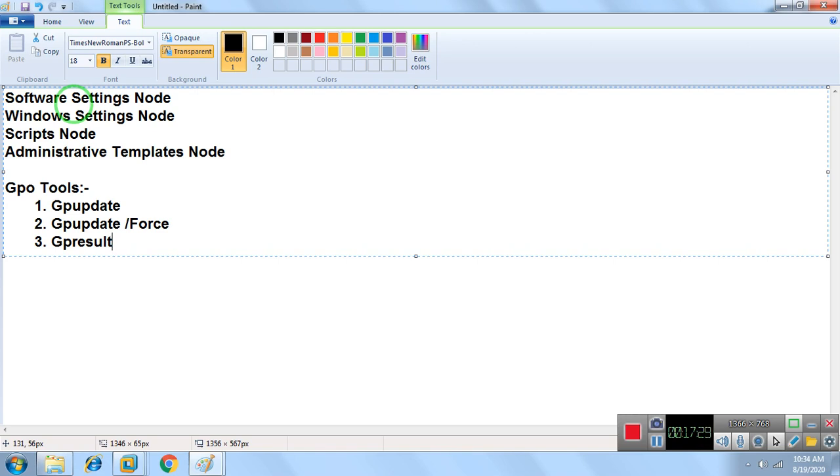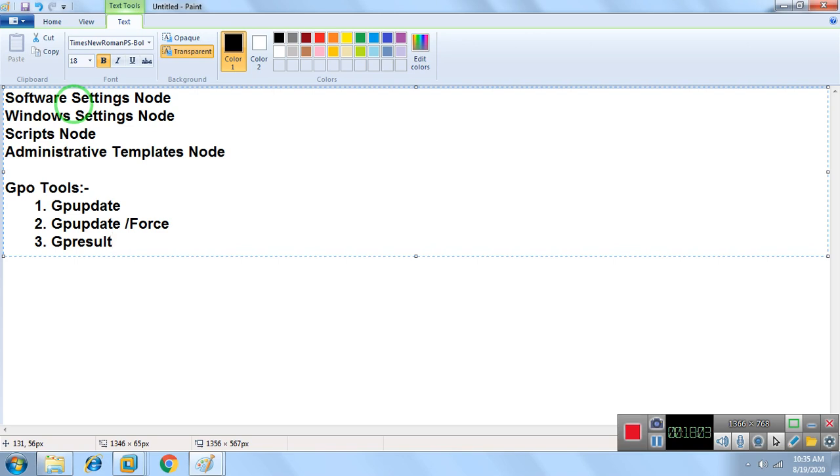Okay, so you can create one policy and apply so many settings in it. Like I told you, if I want that the user is not able to access the run command, not able to switch off my system, not able to access the control panel, these are settings already in the group policies. By default all settings are not configured. We have options: not configured, enabled, disabled.